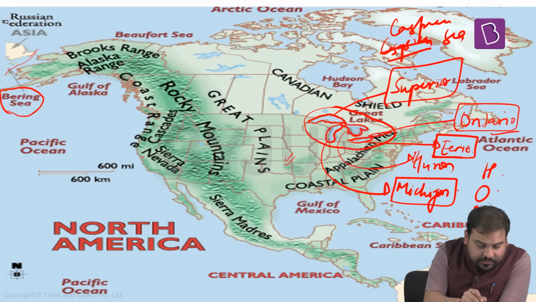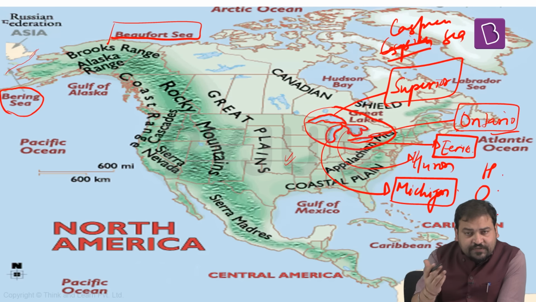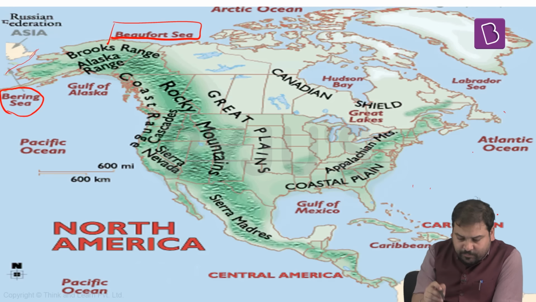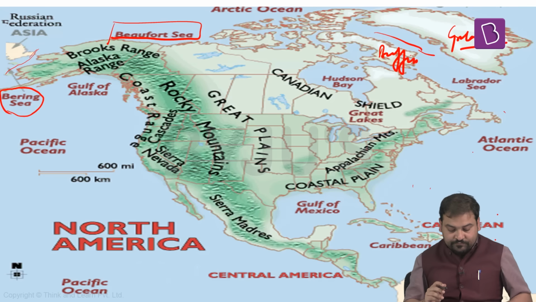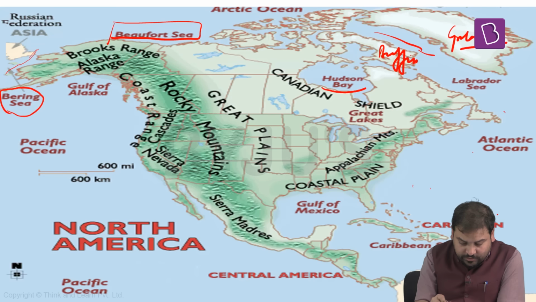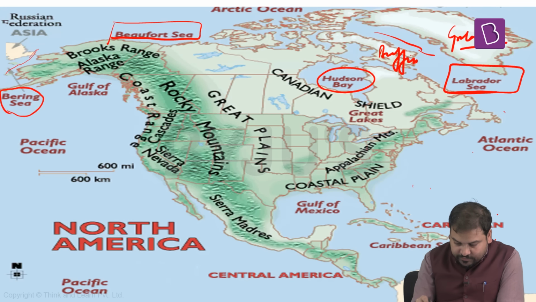Then another sea that you can see is your Beaufort Sea, which is north of Canada. Another important thing that you can see is Baffin Bay, between Baffin Island and Greenland. Then another very important one is Hudson Bay, which is north of Canada. Then a very important sea is the Labrador Sea, which you can see is east of Canada,